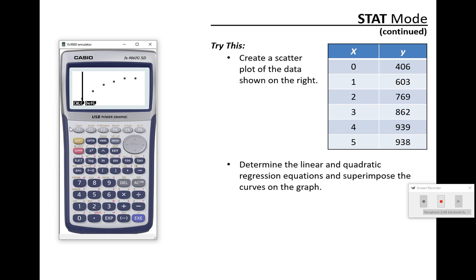Now, the good news is it sort of knows what you're going to do. The calculator's like, oh, you want to do a regression? And it's all ready to go here. It's like, I know what you want here. So sometimes the calculator's intuitive. Sometimes with those V windows, it's not as intuitive, but here it is. It's real nice. It's got it right there. And so if you hit calc,